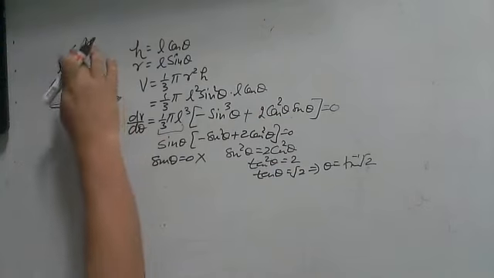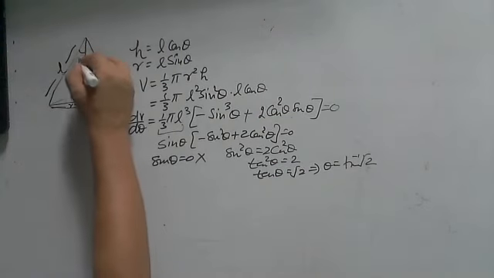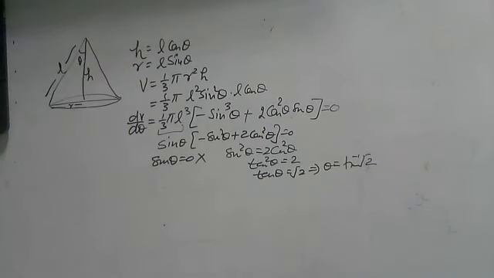Okay, let us do one thing. In place of alpha, let us take theta here, so each and everything will be in terms of theta. And now if you want to find this answer in terms of cos, you can also write cos theta is equal to 1 upon under root 1 plus tan square theta. So 1 upon under root 1 plus root 2 whose square comes to 2. So it gives you cos theta is equal to 1 upon root 3, or theta is equal to cos inverse 1 upon root 3. So it's not a big deal.